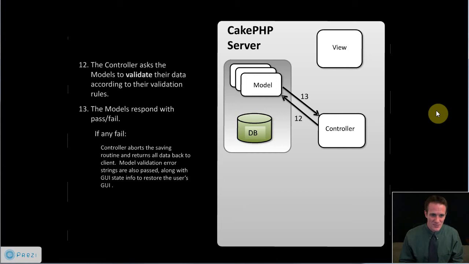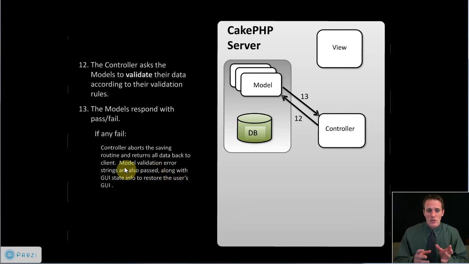Number 13, the models say yay or nay, pass, fail. If anything failed, if one little tiny piece of data did not validate, then the models need to return that it failed. At that point, the controller needs to abort trying to save, or initiate a save more accurately, and instead